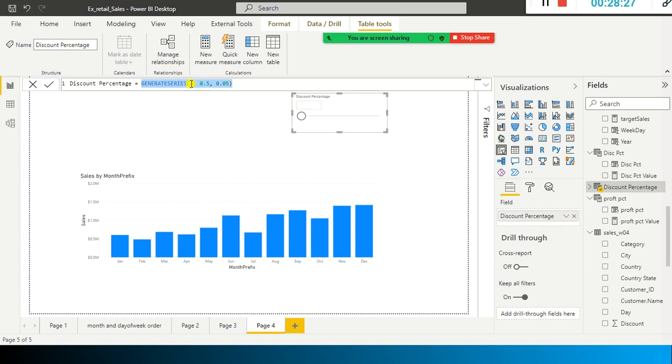So here this is the starting value, this is the end value, the maximum value. This is the start value, minimum, maximum. This is the interval, right? So how you need to increment the value.